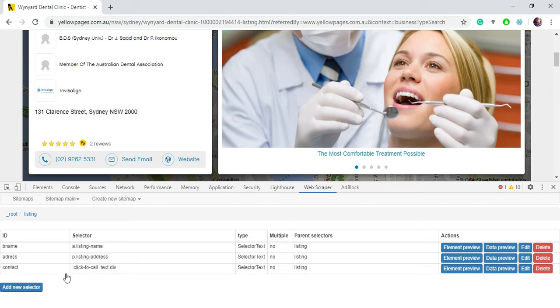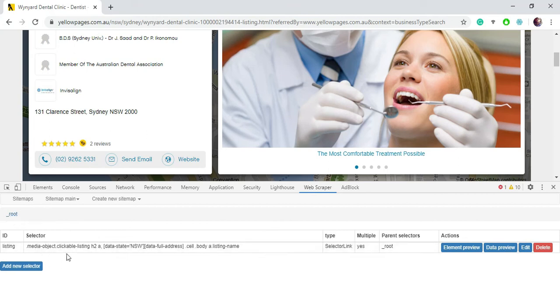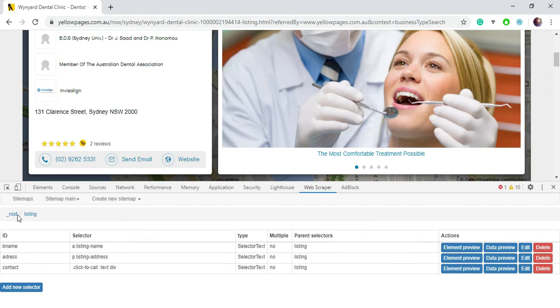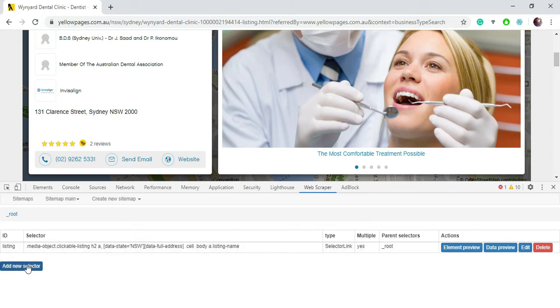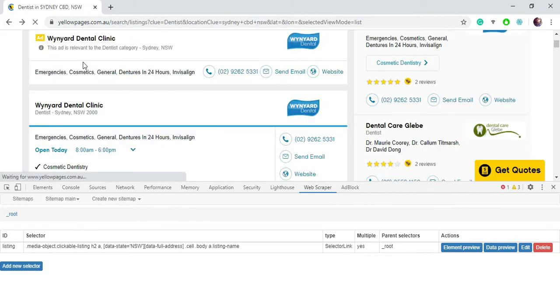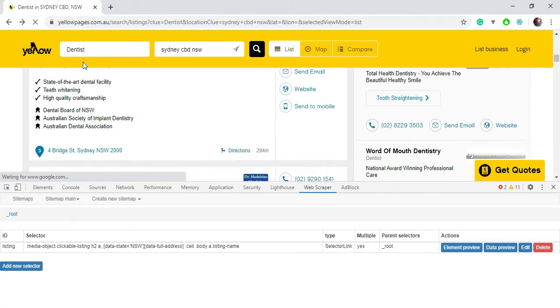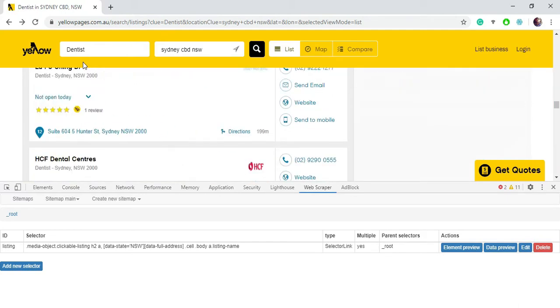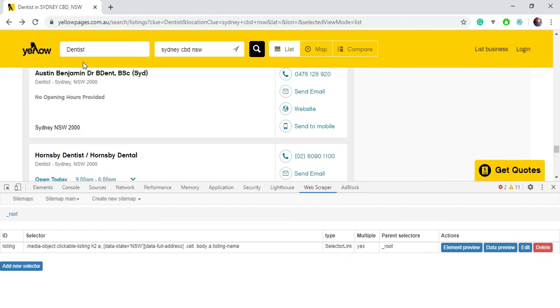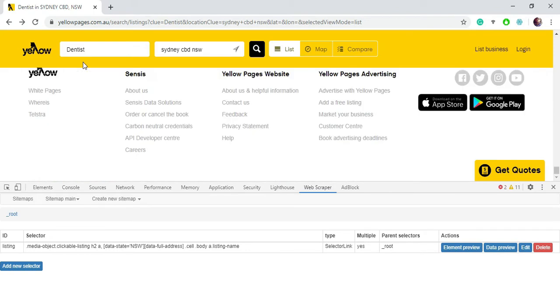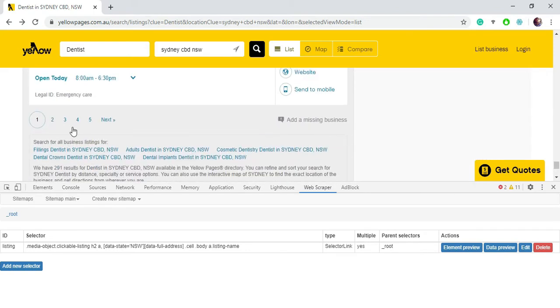Again we have to go to the primary listing URL, and here we have to create a pagination. If you want to scrape multiple web pages, then you have to select these multiple pages.